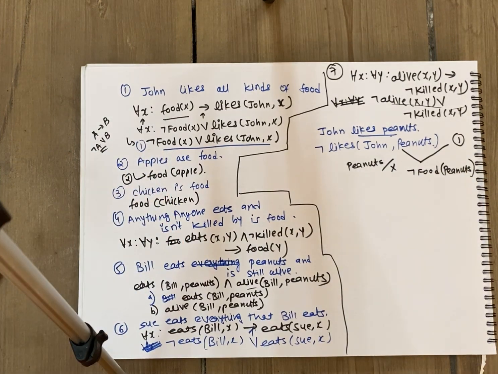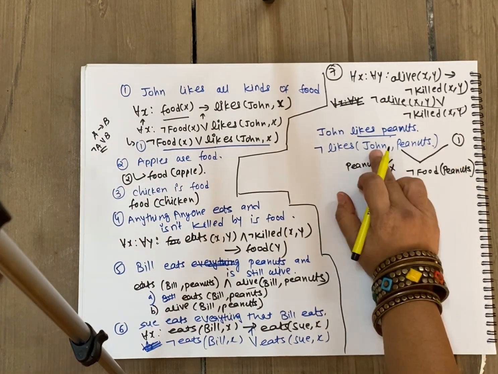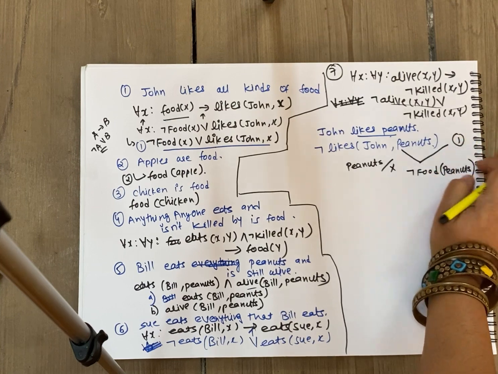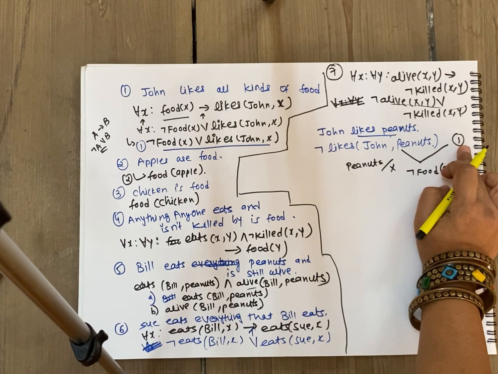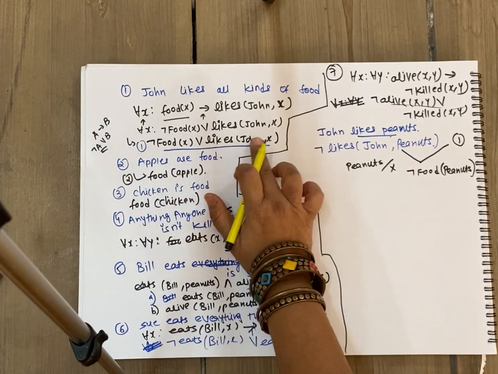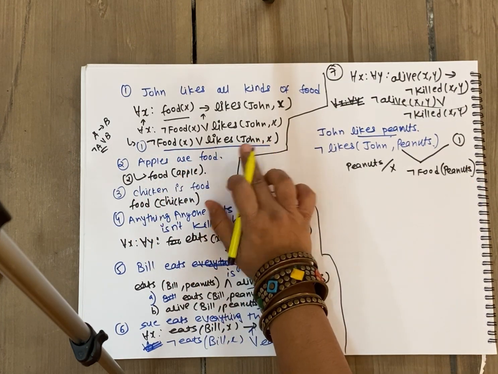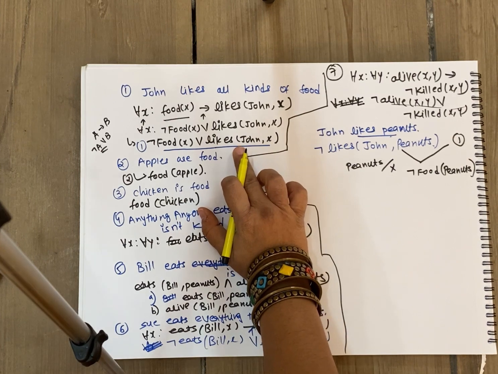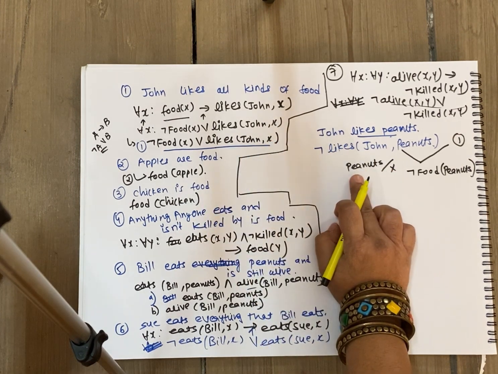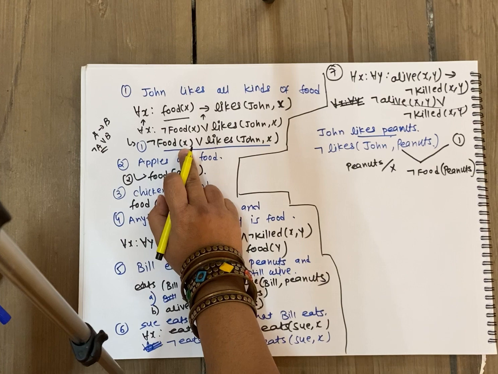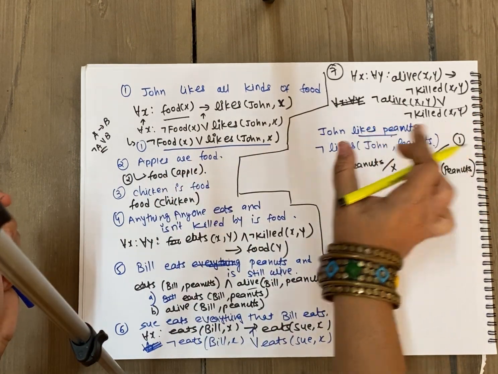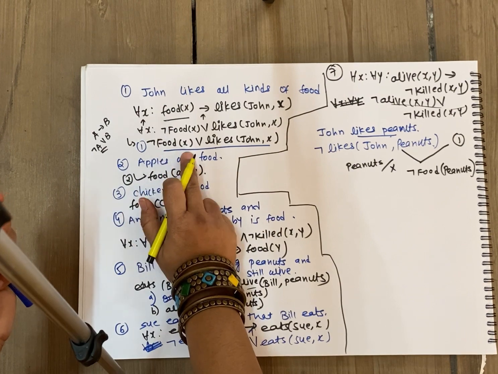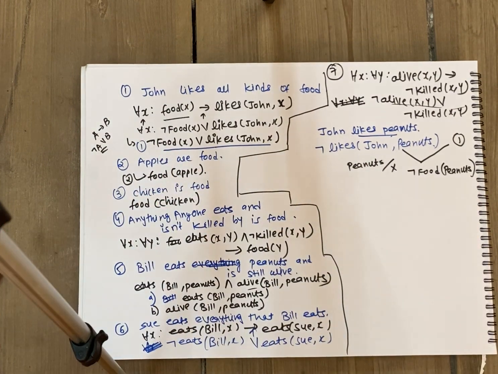How did we get the value of x as peanuts? When we are resolving this with clause 1, I have not written the entire clause. You can write the entire parent clause also. Because of the crunch up space, I have written just the number 1. If I have written 1, you need to consider the entire clause. So both are considered as parent clauses, then the value of x will be considered as peanuts. So here also the value of x will be peanuts. What is the resolvent? Nothing is remaining in the first parent clause. In the second parent clause, remaining is not food. So not food, peanuts.